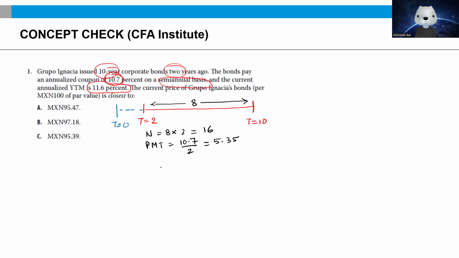The face value by default of any bond we assume to be 100%. The yield to maturity, which we are going to denote as the discount rate, happens to be 11.6% annualized, which is basically 5.8% per period. So given these four details, we have to find out the CPT